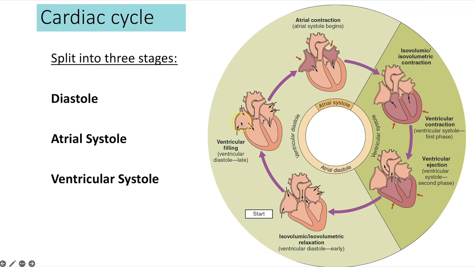As the blood starts to enter the atria, that increases the pressure in those atria. And it will get to the point where the pressure in the atria is higher than the pressure in those empty, relaxed ventricles. And that forces open those atrioventricular valves. We then get to the point where we have atrial systole, and this is when the muscles in the atrial walls will start to contract, which increases the pressure further and will force the blood from the atria into the ventricles. Then the atria will relax and we go into ventricular systole, which is when the muscles in the walls